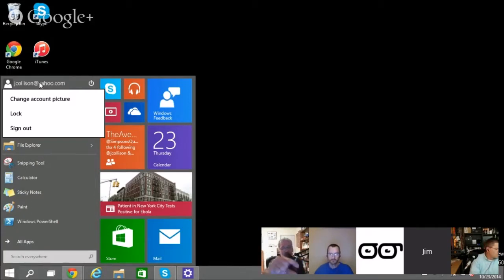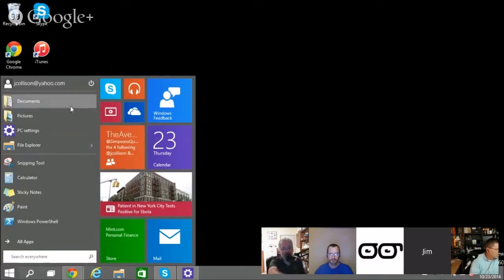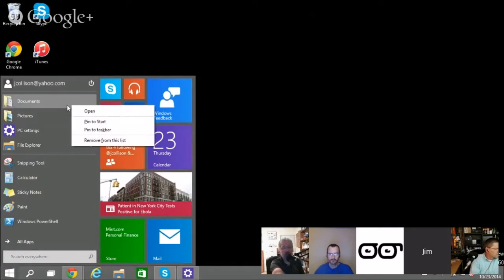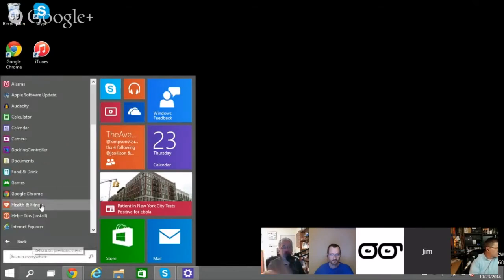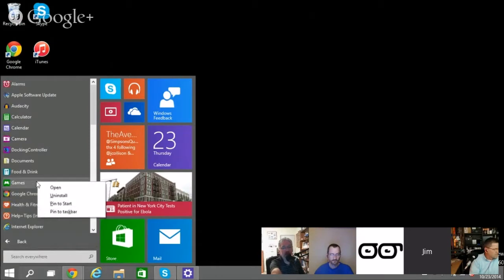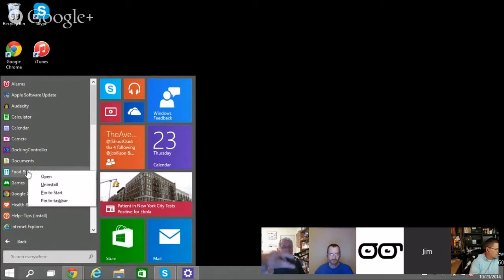And then the next segment down is configurable. Those are items you can pin there. So if you were, say, down in the lower part, yeah, there you go. You can pin it to Start, taskbar, or remove it from there. And then down here, you've got your all apps and recently used stuff. So this stuff, you can pin from here. You can uninstall just like we could on the Start screen. So you have a lot of options here to get stuff to your Start.